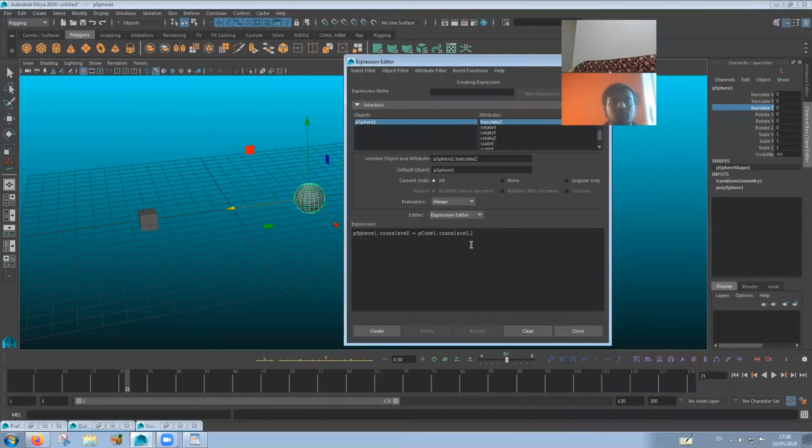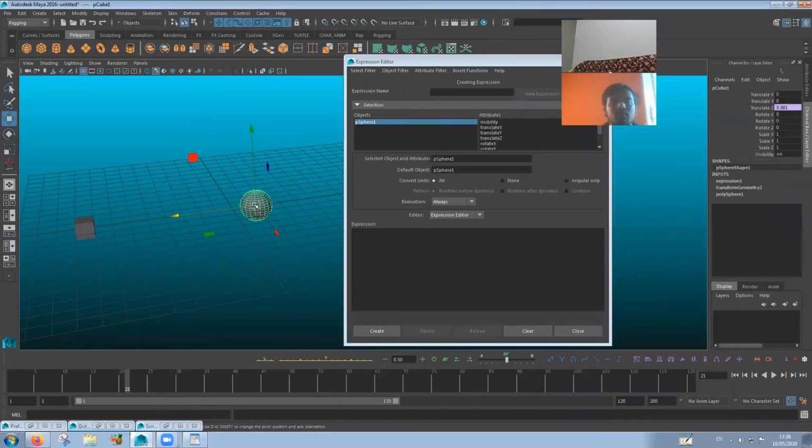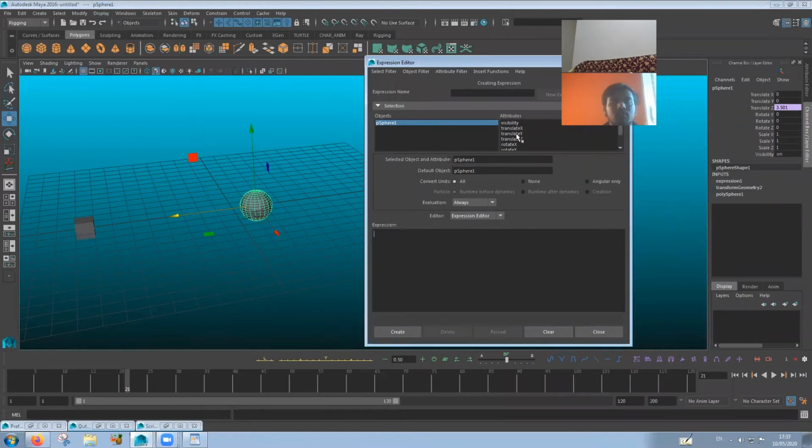All right, put a semicolon to finish this and create. Now wherever this goes, this will follow. So what we actually told it is the translate z of p-sphere 1 should be equal to translate z of p-cube 1.